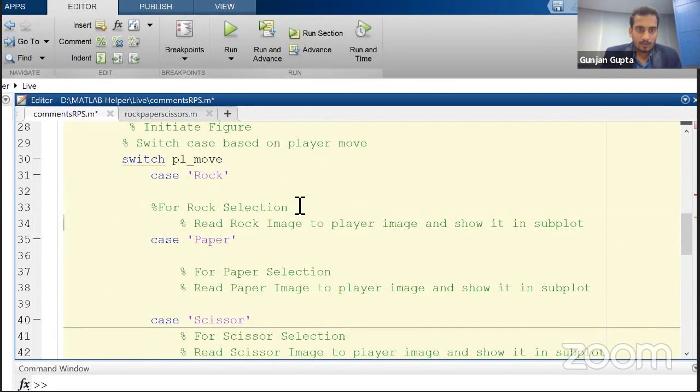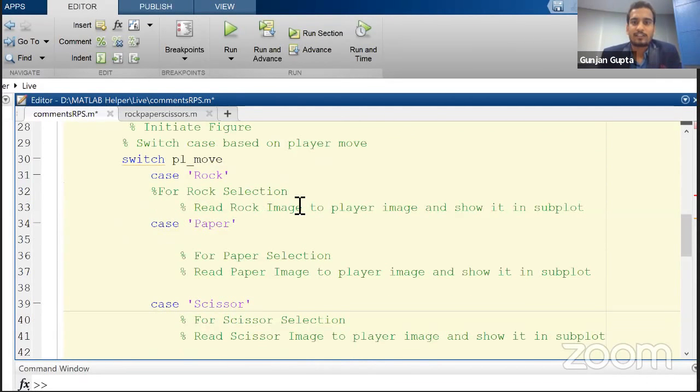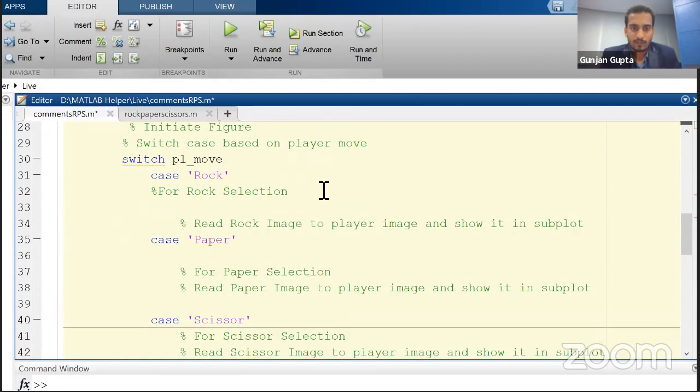Okay. Now, since we have taken these 3 cases, let me just discuss about how exactly the rock would be doing. We have discussed that the images, that is rock 1, paper 1, and scissor 1 belongs to the user. So I'll be loading that image with the command imread rock 1. So that stands for R1, like the image which I have named R1.jpg. And I'll be assigning it to PL underscore image, again for the person's or the player's image.